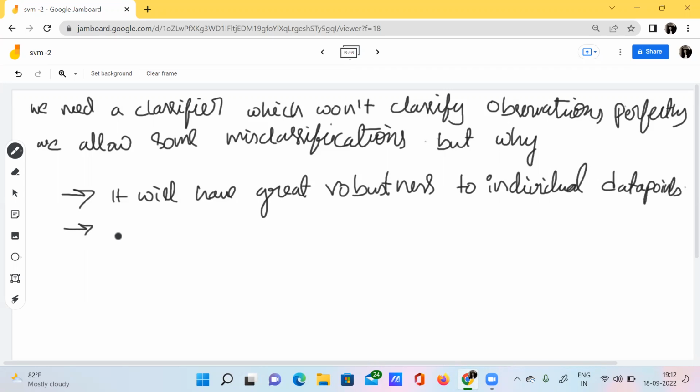And the other thing is we need to classify most of the observations.